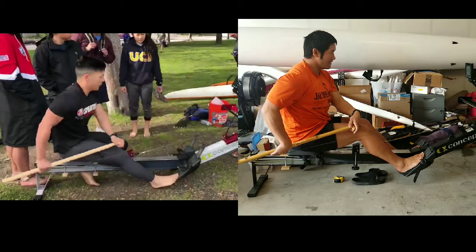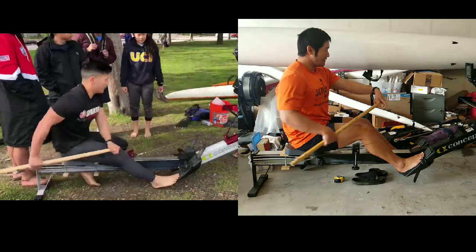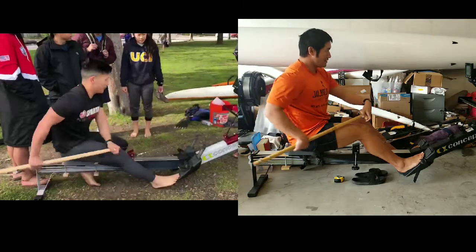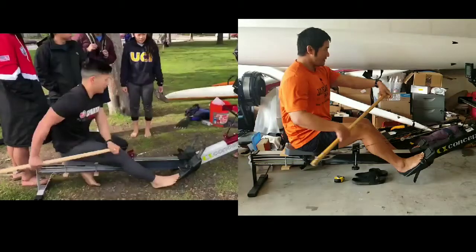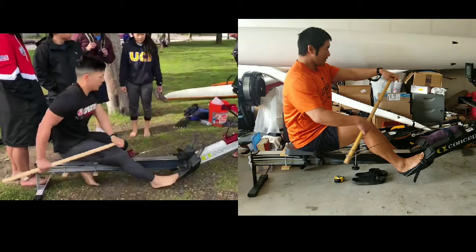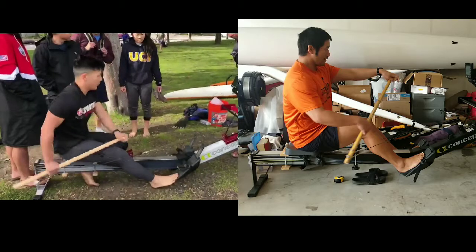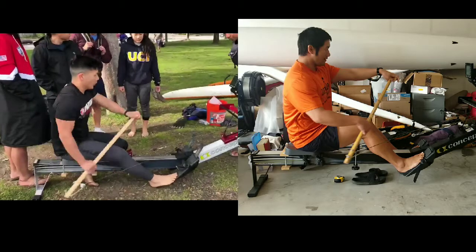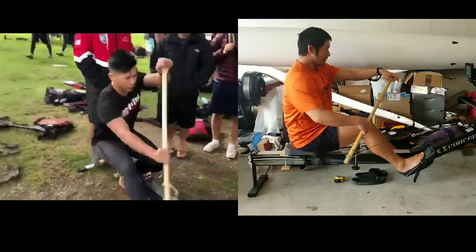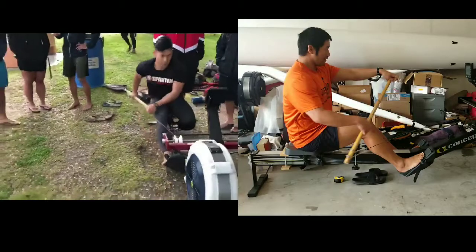You'll notice also as I'm carrying through to the front, I'm lifting the paddle a little bit higher, letting my body reset a little bit more. Whereas you're going straight back, and you'll see it from this front view. So when you finish your stroke,